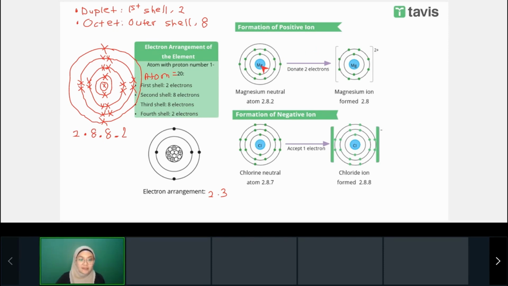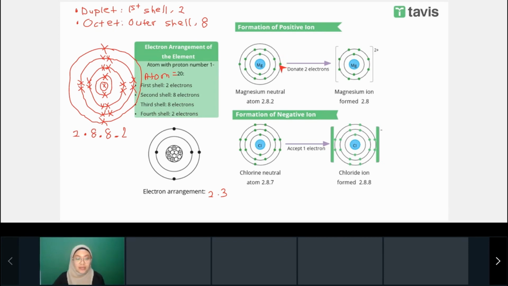Okay, let's see magnesium. Magnesium has 12 electrons, so the electron arrangement will be 2.8.2. 2 at the first shell, 8 in the second shell, and 2 at the third shell. Is 2 a stable octet arrangement? No, right? We need to get an octet arrangement to produce a stable